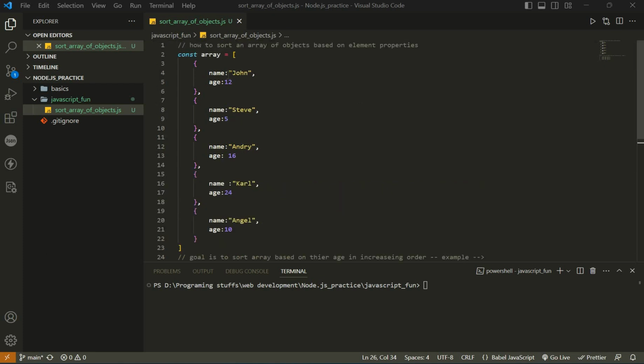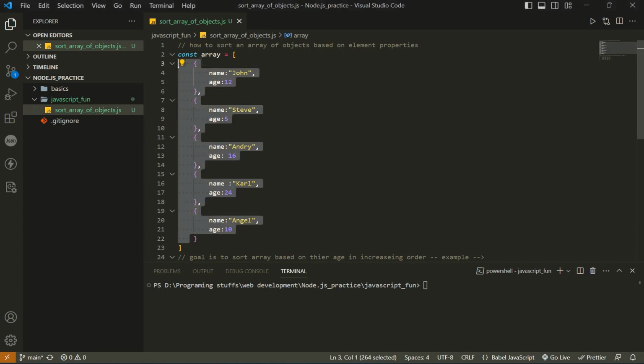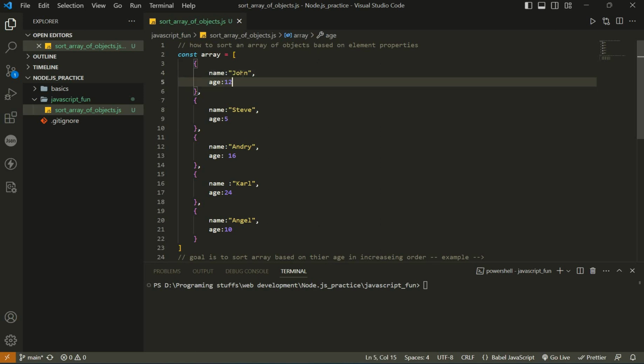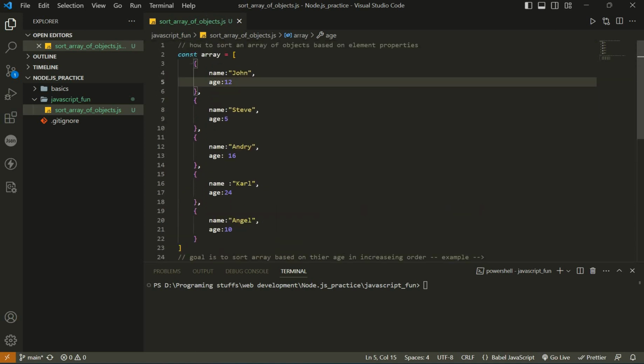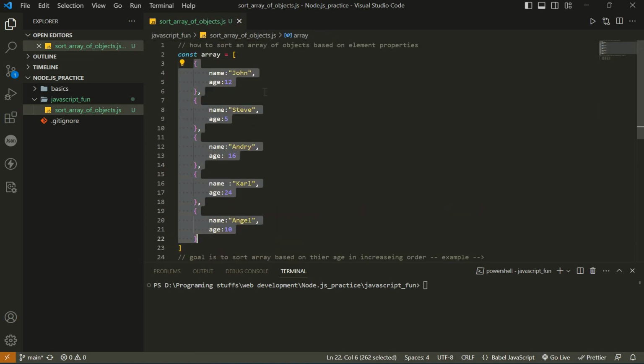Now we have a task here. We have an array of objects, a bunch of elements which are basically objects, and these objects have some properties like name and age. The first name is Johan and age is 12, and another element has name Steve and age 5, and so on. Now what I want is to reorder this array